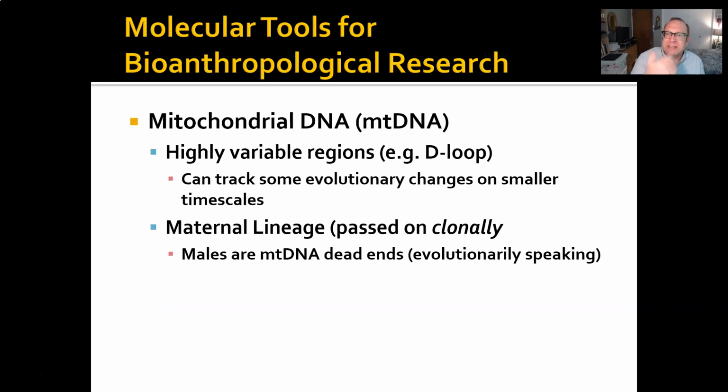Now, the study of ancient DNA started off not by taking nuclear DNA, but looking at mitochondrial DNA. The reason is, in every somatic cell, you just have 2 copies of nuclear DNA. But you have potentially hundreds or even thousands of copies of mitochondrial DNA in each cell. So you have a significantly better chance of some of the mitochondrial DNA having survived. Plus, mitochondrial DNA has some very highly variable regions which allow us to do things like